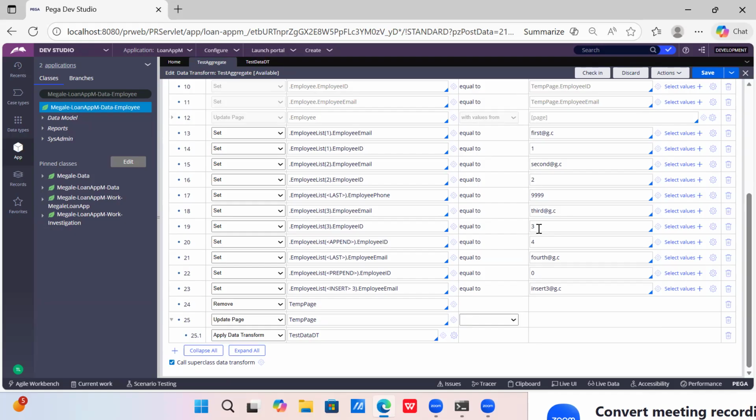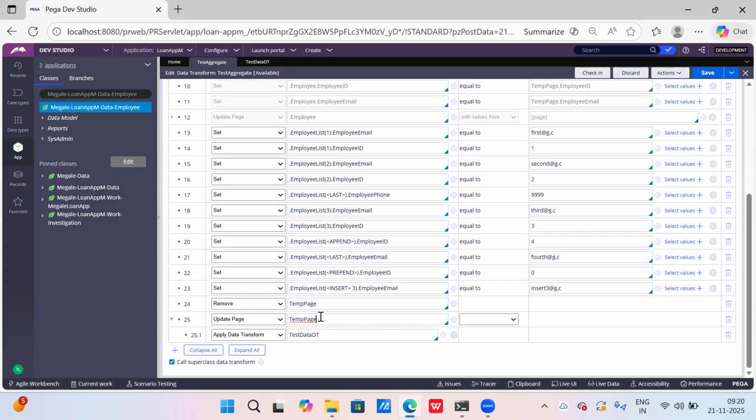They will ask you this way: I want to call a data transform which is not in the same class. Let's consider this is the data transform which is present in A-B-Work-C, and I want to call a data transform which is there in A-B-Data-C. How are you going to call it? Many of them will directly say that we can use this feature of apply data transform. No, the apply data transform feature will not directly work. So in order to use that, as mentioned, you need to go with update page of this temp page, then call the apply data transform. This is the important question.